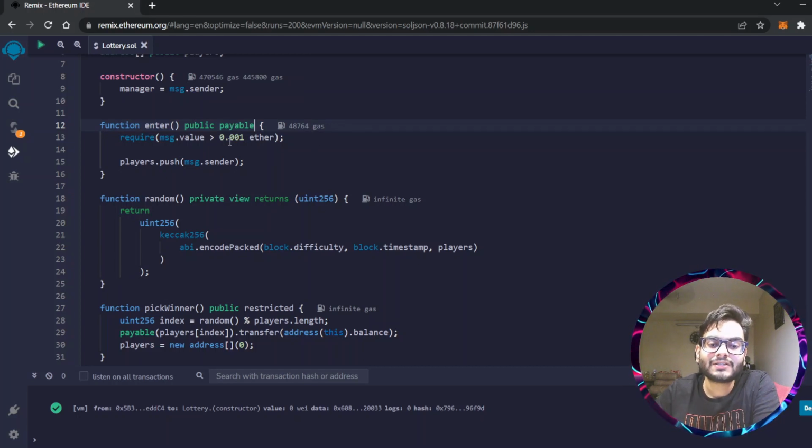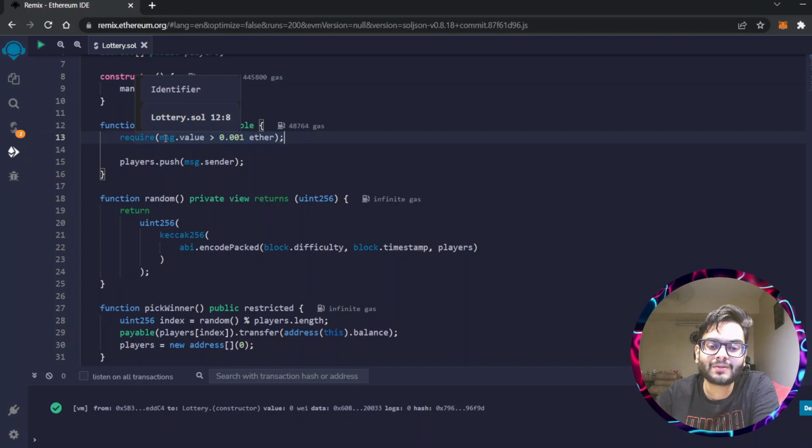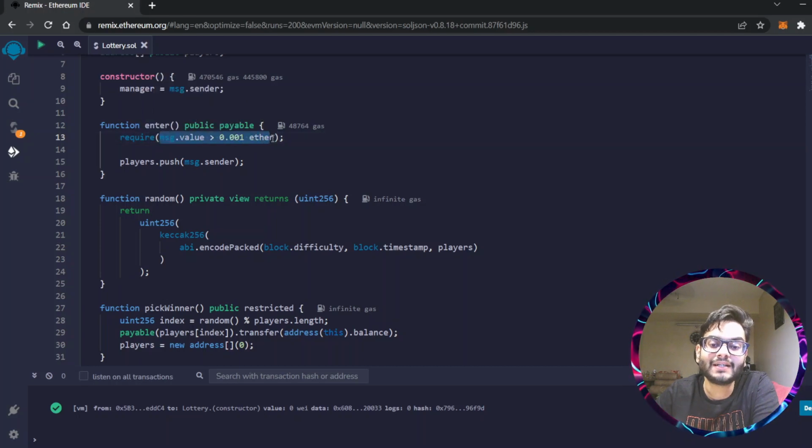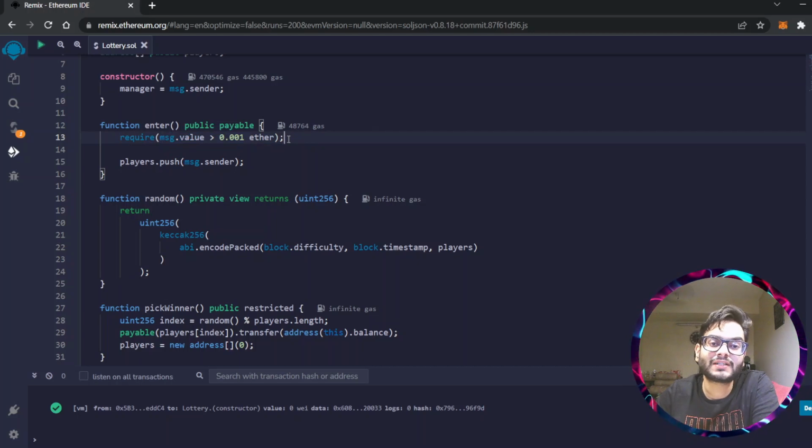Now we would use a Solidity require statement. Now what are require statements? The require statement actually takes in a condition. Now if this condition is true, this function will execute. And if this condition is false, then the function would simply return from here and return an error onto the console. So in our case, we are checking message.value, that is when you click the enter button and